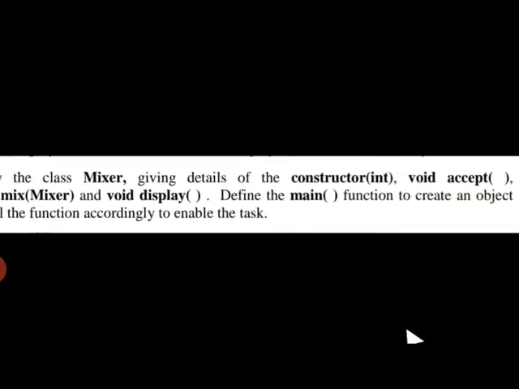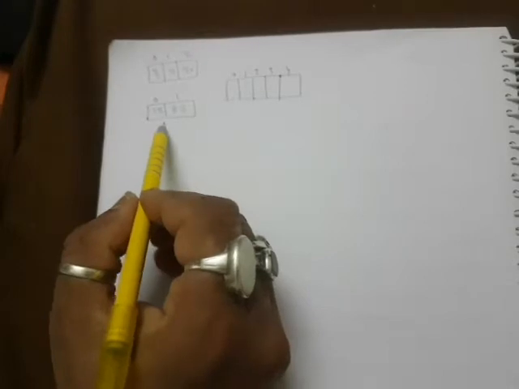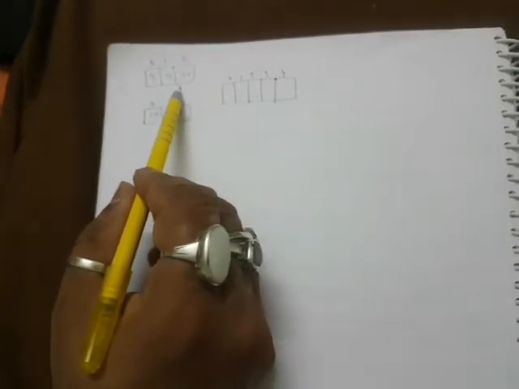Now after that they have written: specify the class Mixer, giving the details of the constructor, and void accept, Mixer mix and display, right? And one more thing, define the main function to create an object and call the functions accordingly to enable the task. Now students, before going for the program, I want you all to understand this concept of